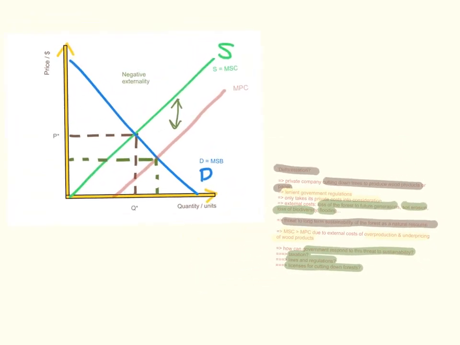Now, let's have a look at a diagrammatic representation. It is the exact same diagram we used in the previous slide. In this case, the marginal social cost curve is higher than the marginal private cost curve, and the vertical distance between them is your negative externality that you want to try and internalize by taxing the producers. And again, there is an overconsumption because this is the quantity here that is being produced of paper or of the wood product, but the ideal quantity is Q star. So you want to bring production down because there's an overproduction or an overconsumption of this natural resource, which is the forest.